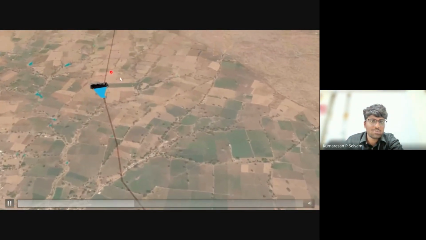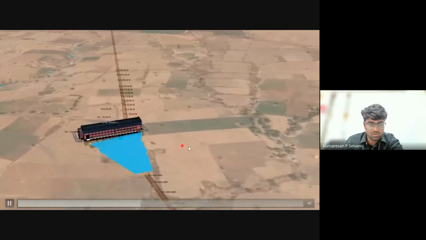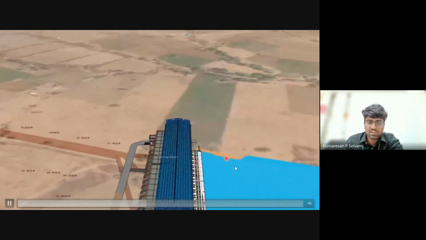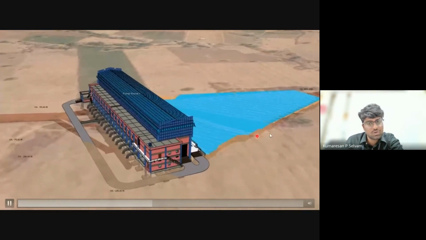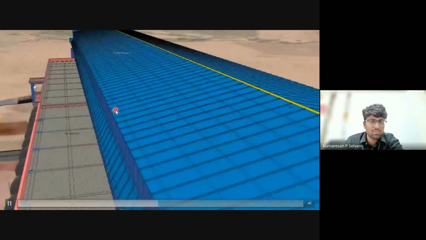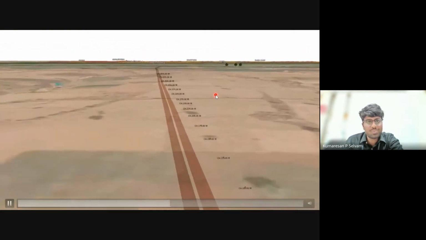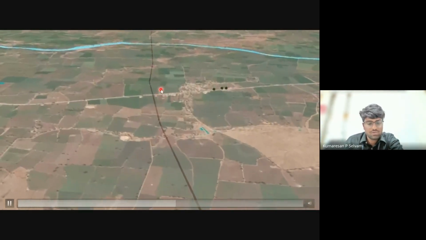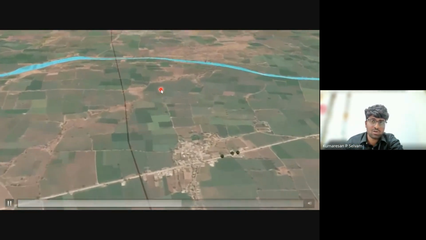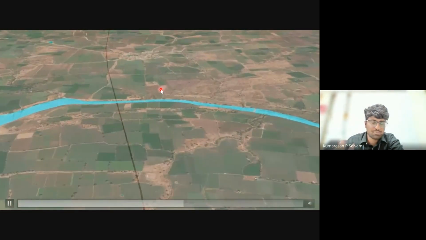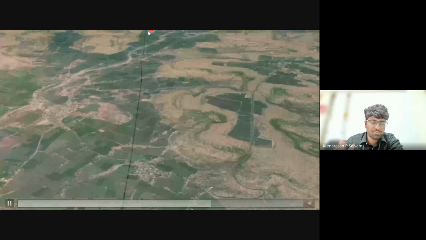This video alone I will play completely. Other videos we can go through in a fast manner. And this is pump house 2. Pump house 2 is also modeled. This is a BIM model. You can go inside also and see what all the pumps are located and how people can stay there, whether there will be clearance for people to walk and everything here. This can also be visualized in GIS.